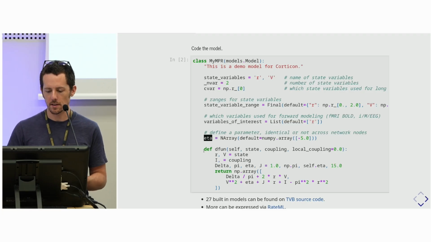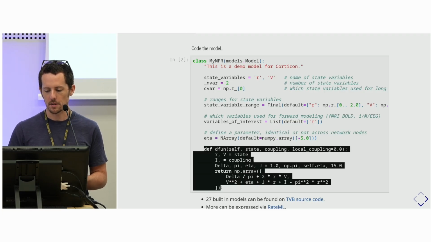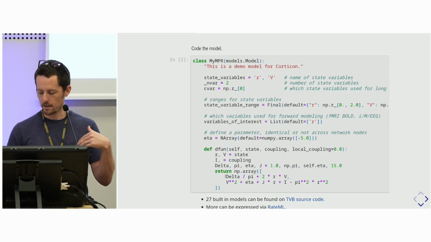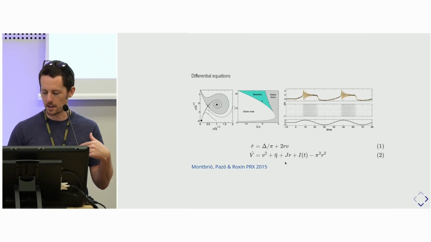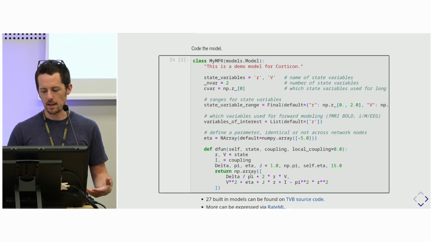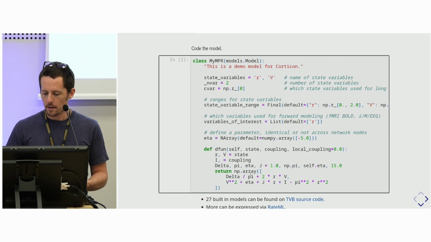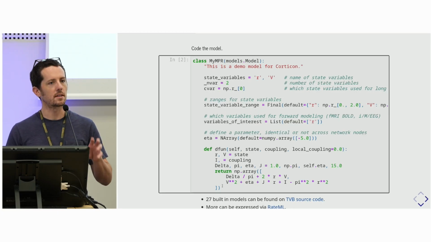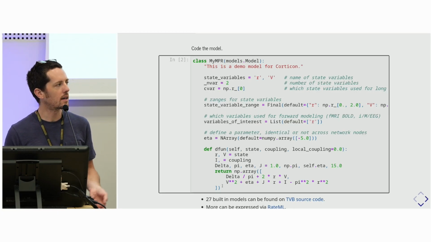And then the last thing is that we need a computational implementation of the differential equations. And here, this is fairly straightforward. This is just these mathematical expressions written in a NumPy Python compatible format. So we have essentially metadata on the model, which describes the model. We have an implementation of the differential equations, and that's all you need to tell TVB how to simulate a